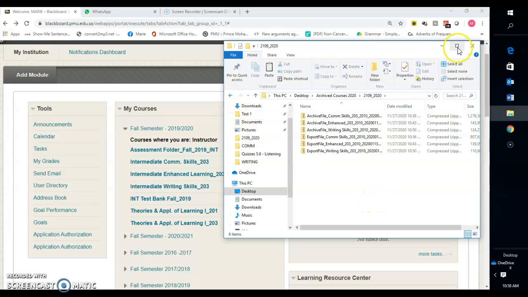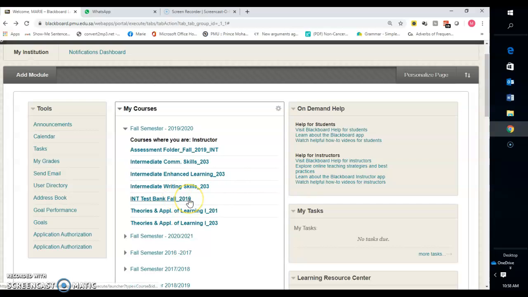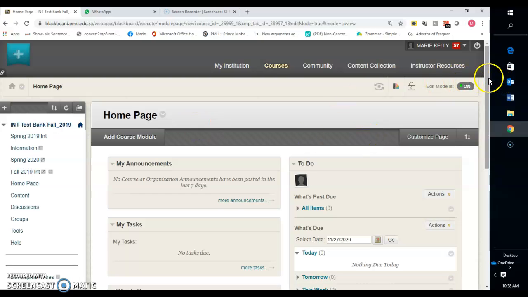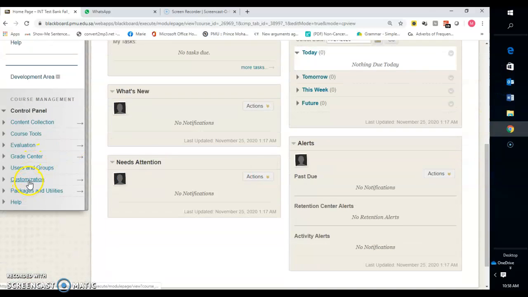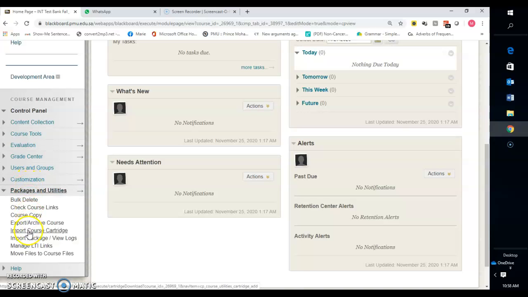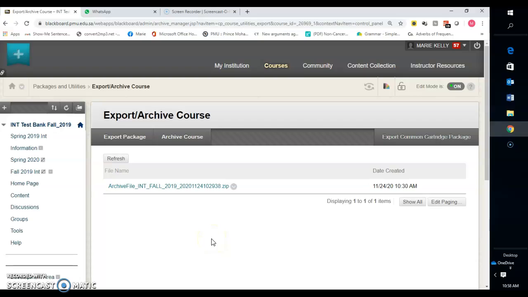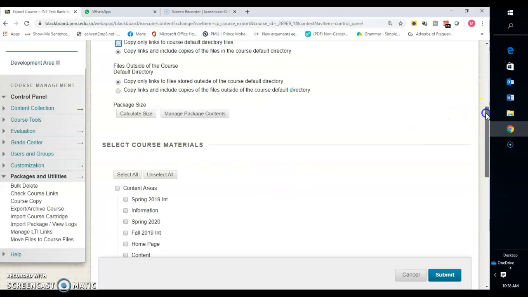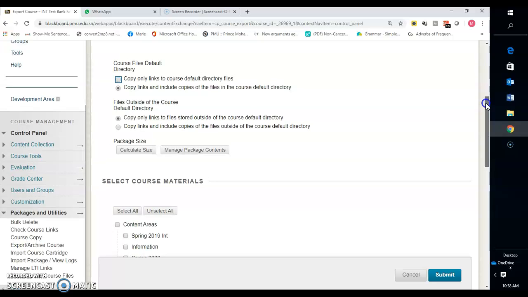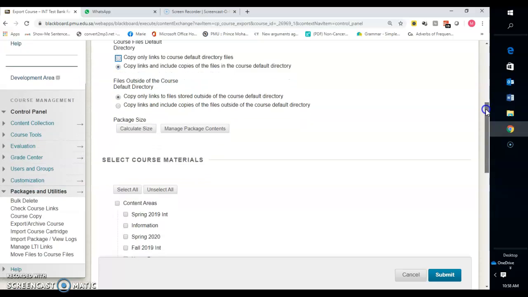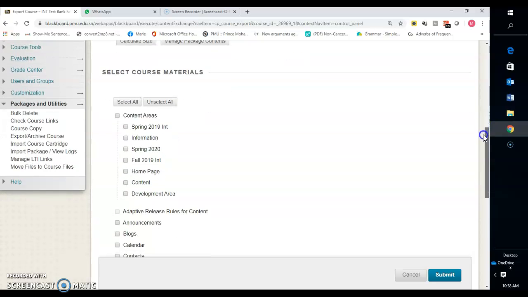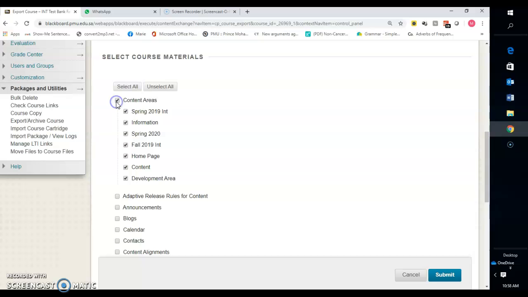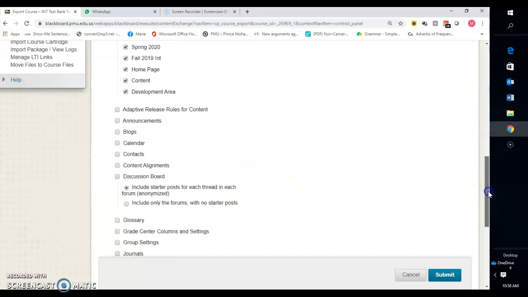Okay, now I have to do the assessment folder. So again, click on the assessment folder and go to packages and utilities, export. So I think you know this one. And now here I've got the archive file, but I don't have the export package, so I'm doing both of them. So for export, I need rights. So I need all the content areas. I don't know what this part. Yes,